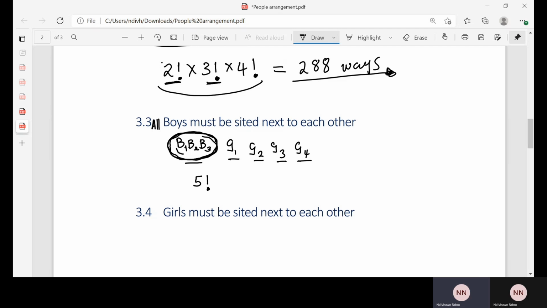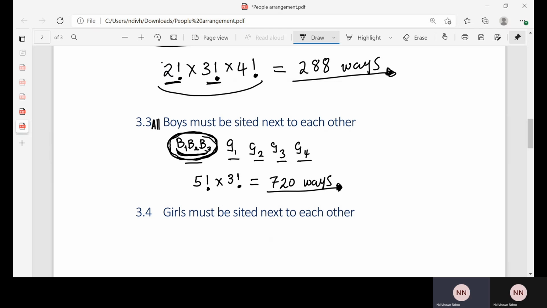But remember, inside, the boys can sit in different ways, in different arrangements. They can sit in different positions inside. So we'll also multiply by the number of arrangements the boys can be arranged inside. There are 3, they can be arranged in 3 factorial ways. So that will give us the total number of arrangements that can be made. 5 factorial times 3 factorial. This will give us 720 arrangements